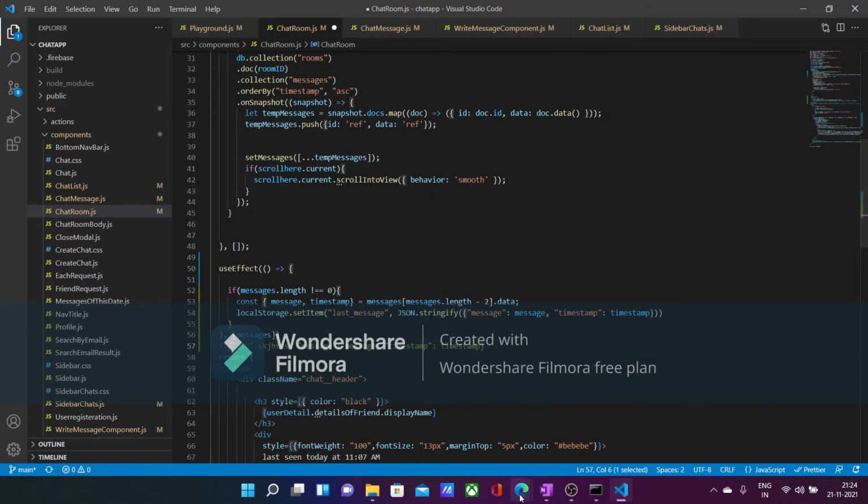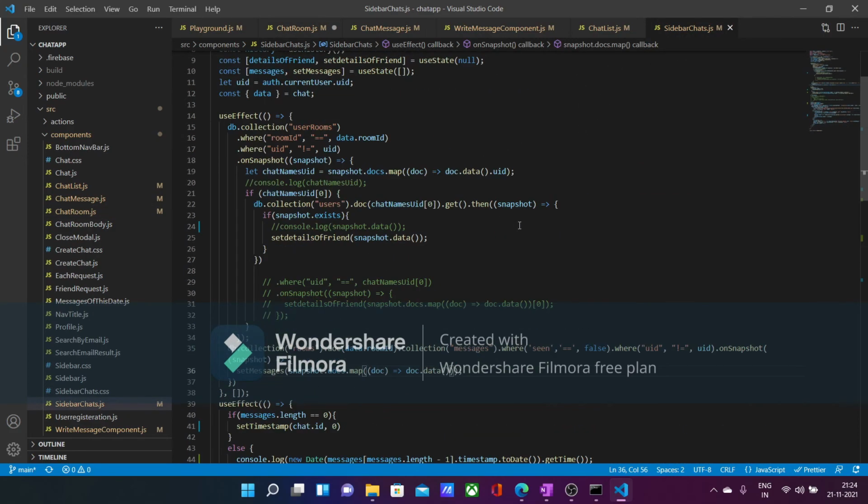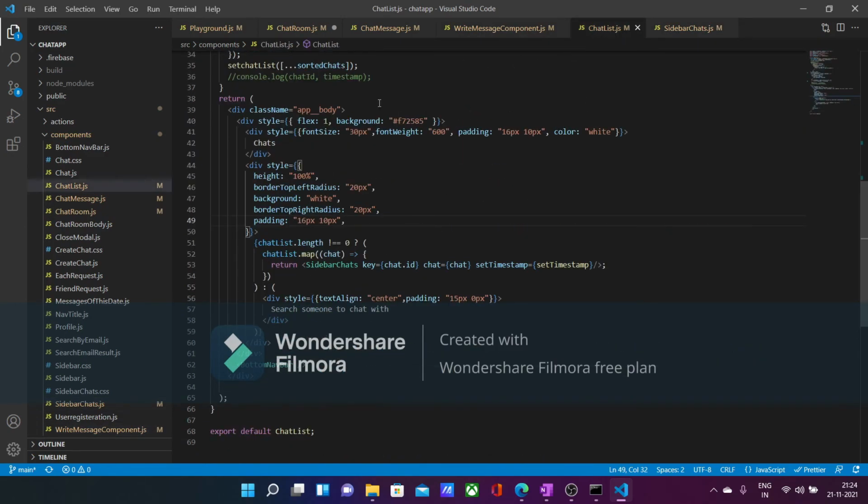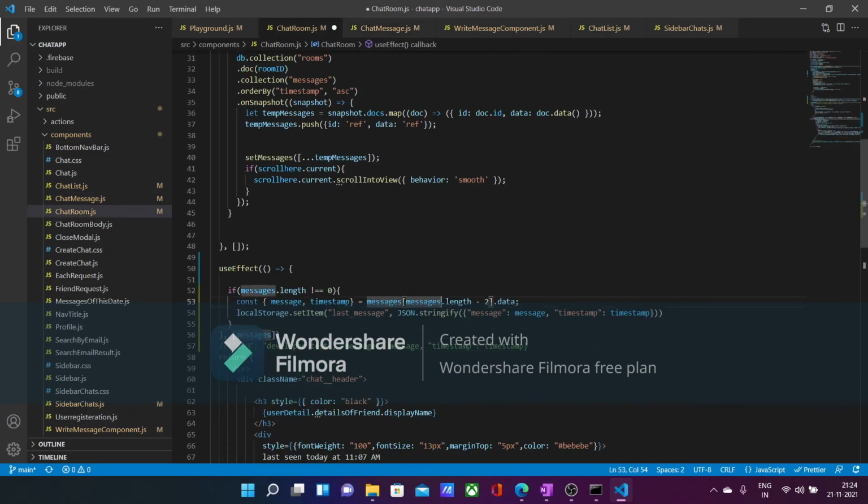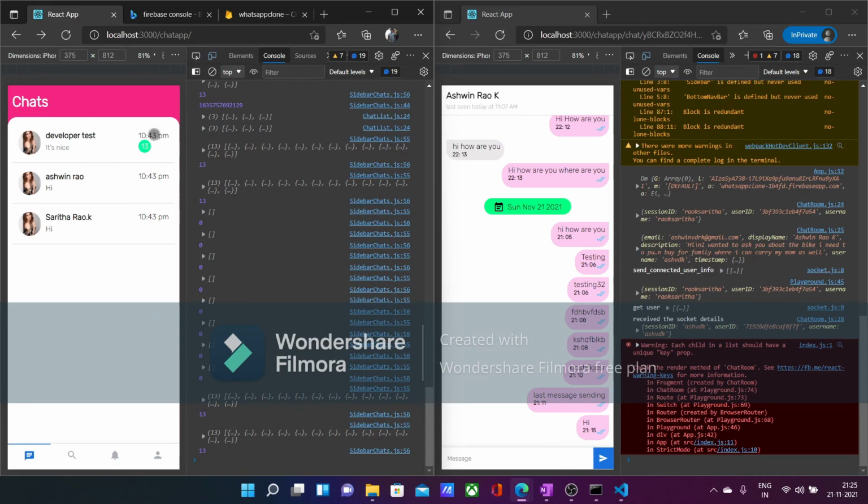Imagine it's for this developer test, but this won't actually be the name of the developer test, but rather it will be a UID, a unique ID for that. So for that UID, I think I should change it from message to last message and timestamp. This is for one particular user,